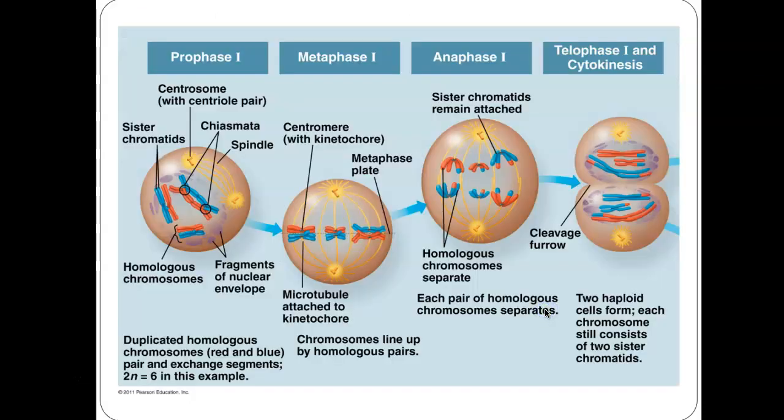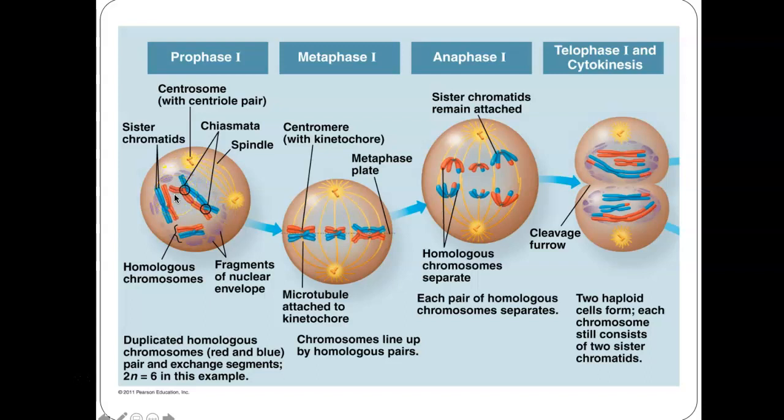Okay, here's another picture to show you what's happening, in case you were confused. Prophase, chromatin condenses into chromosomes. Okay, they are going to exchange pieces. So one piece of one chromosome is going to get stuck on the other one. So remember, let's pretend this is chromosome number 1. Red is from mom, blue is from dad. Each chromatid has its own copy with it, and then they start exchanging pieces.